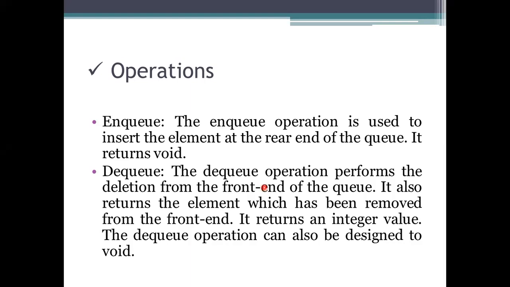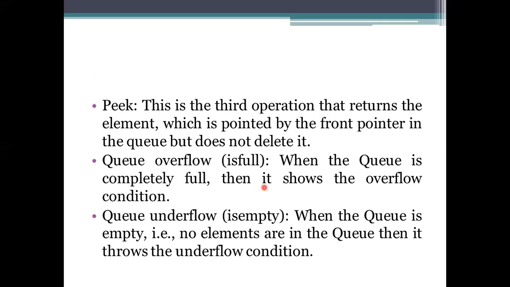So likewise, like stack, we are also using some operations in queue. The first one is the NQ, and the next one is the DQ. These 2 are considered the primary operations. And there we also have peek, is full or is empty, and then the count and display methods. So it is supporting is full, is empty, and peek also. So we have 3 such other methods to be gathered here.